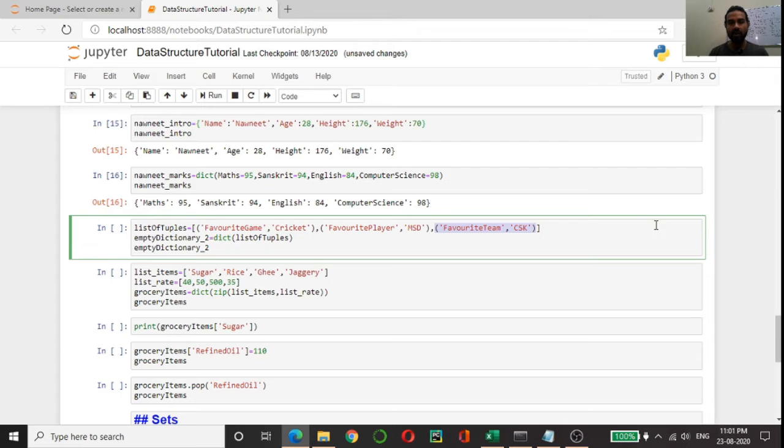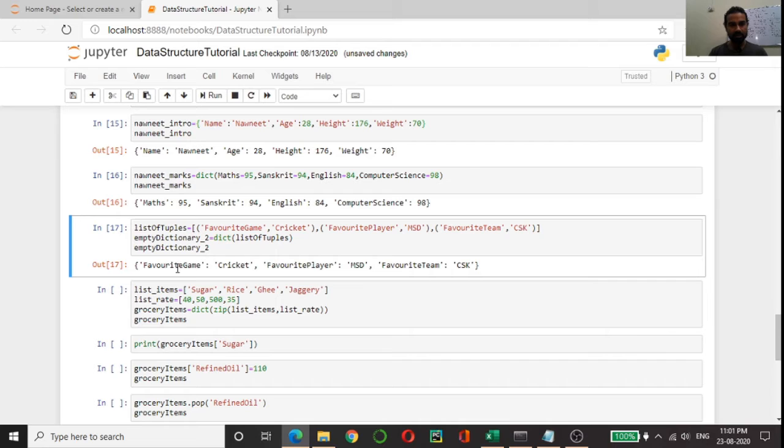This square bracket means we are creating a list of tuples, and simply we have to pass this list of tuples inside this dict object, and the dictionary will be created. If I run this, you can see the dictionary is created. Key value, key value, key value.